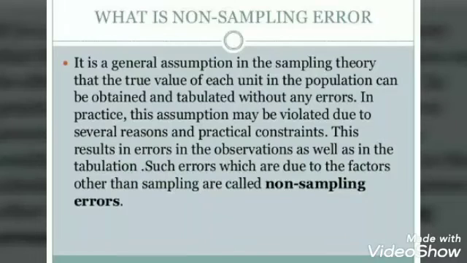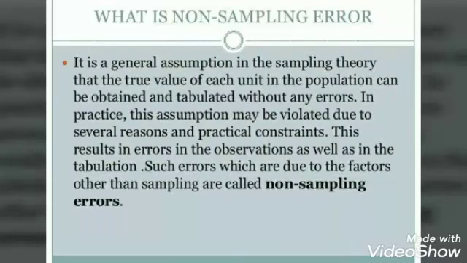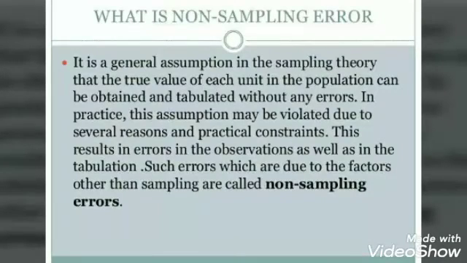So children, this means that the larger the field of investigation or the larger the population size, the greater is the possibility of errors. That is, as the field becomes larger, there might be situations when errors will take place, when you collect the data. Now, we have to note down over here that a non-sampling error is more serious than a sampling error. Do you know the reason why? Why is a non-sampling error more serious?